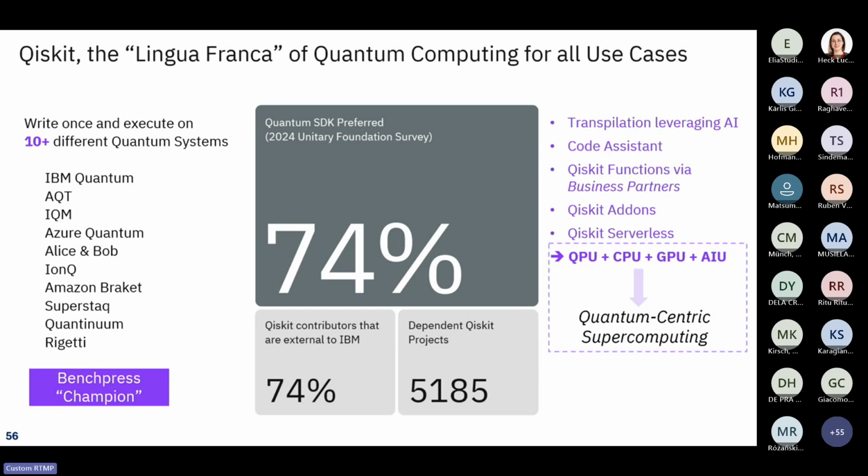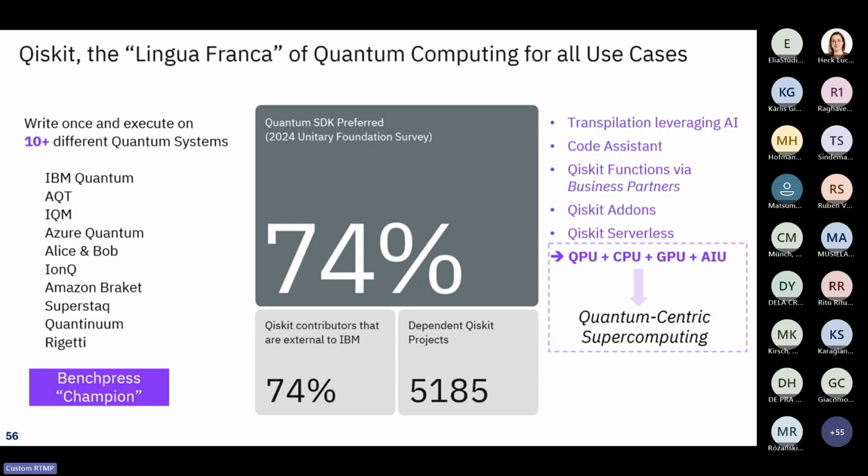You can program on multiple levels of abstraction, from very low level to relatively high level. The nice thing, which you see on the left-hand side, is that you can use Qiskit for multiple types of quantum computing technologies. At this moment, Qiskit is really leading the benchmarks. We call it bench press, a benchmark approach that checks the transpilation and compilation results of the development kits and the speed of execution.